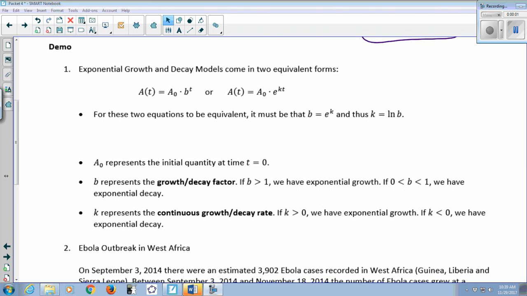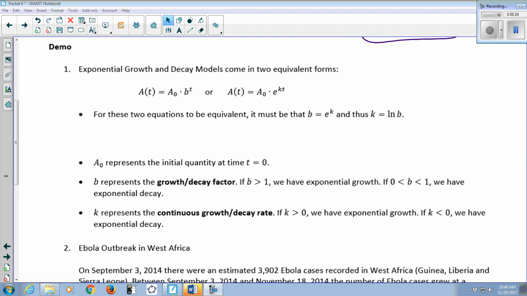Demo for lesson 31 for college algebra. We're going to talk about exponential growth and decay models. They come in two equivalent forms. We have a naught times b to the t, or a naught times e to the kt. These are completely equivalent. Anytime that you're asked to write a function that models an exponential growth or decay situation,